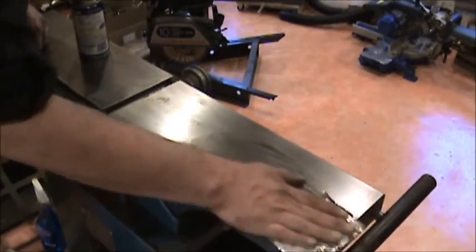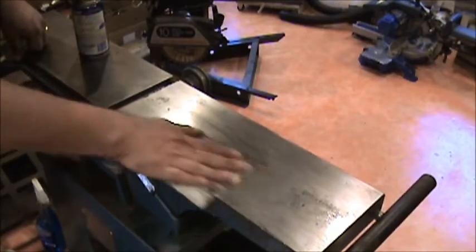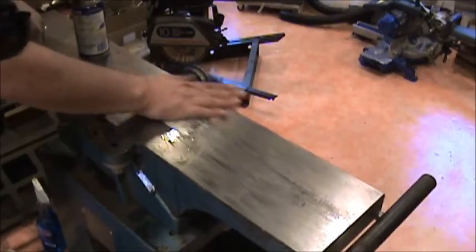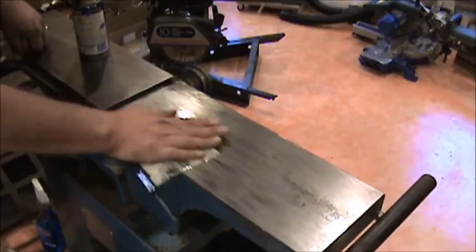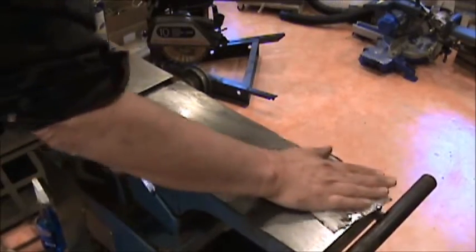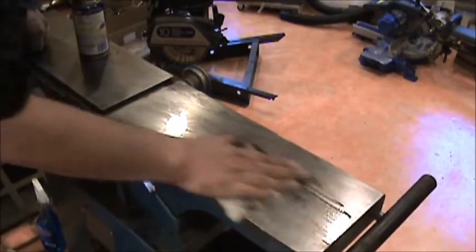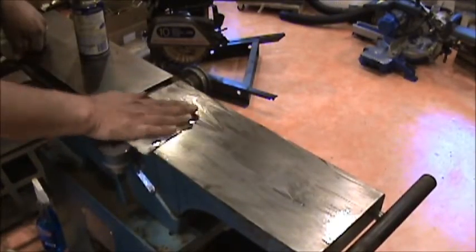And when you first start on it, it wants to drag a little bit, but you know you're getting close to the time when you're really not going to be doing much more removing or leveling, and all we're really trying to do is get the rust off and keep this as level as possible. Didn't really want to take too much material off, other than what we had to refinish the surface enough that it would be able to be adequately sealed with